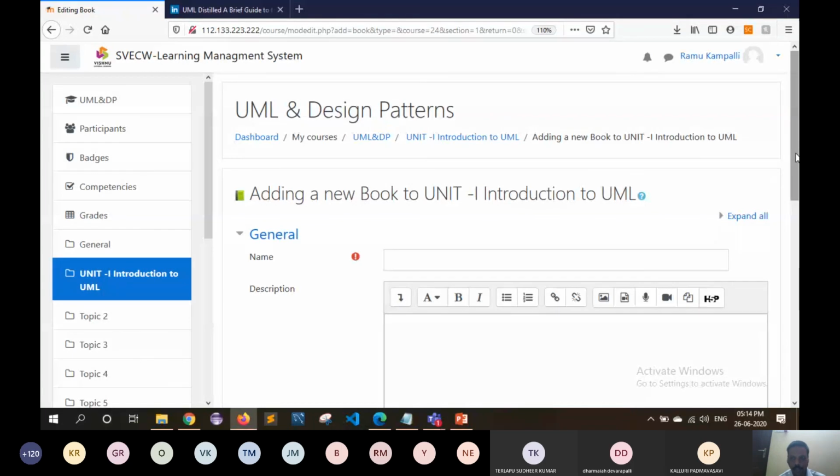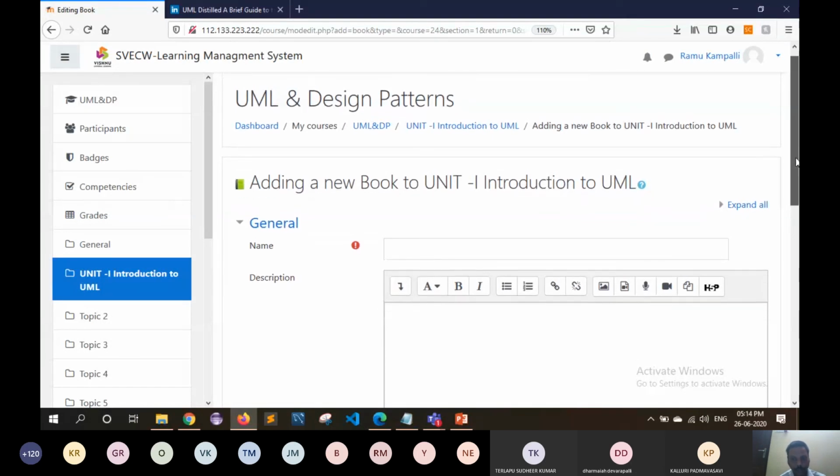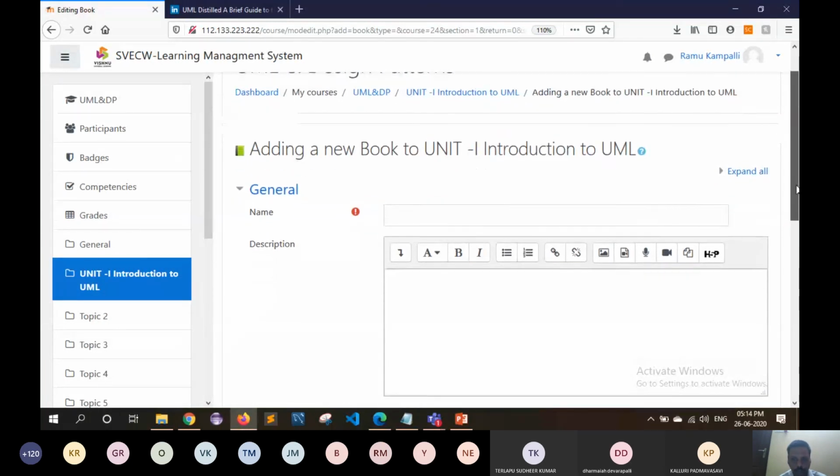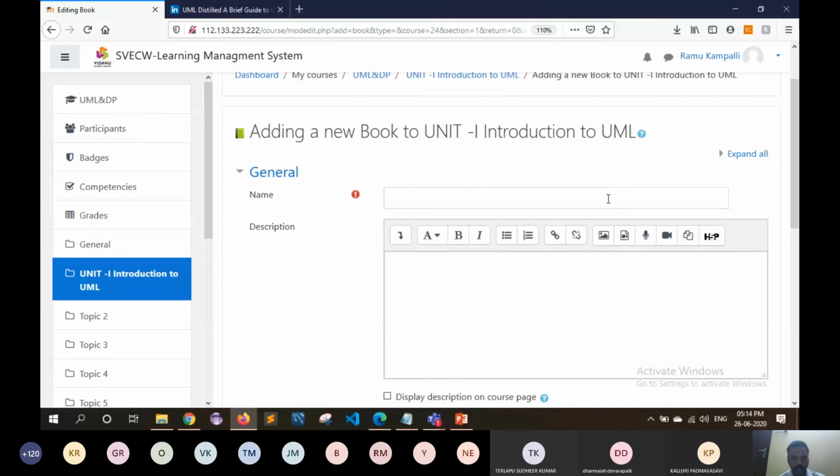in terms of topics, a table of contents, and each and every topic is organized into the table of contents. Once a specific topic is clicked, the content of the topic will be displayed and organized in the book manner only. So I'm going to show how to add the book related content into the course itself. Okay. So for this,